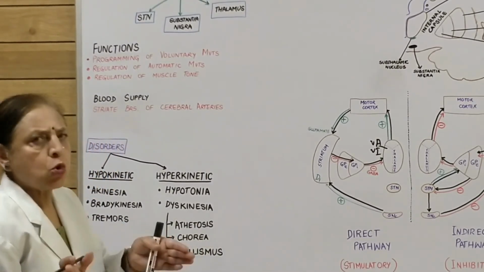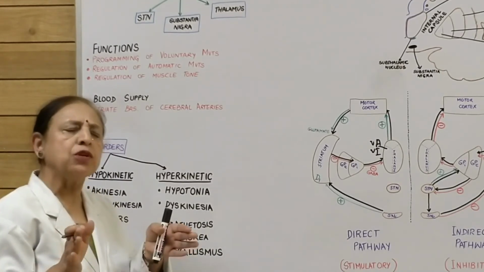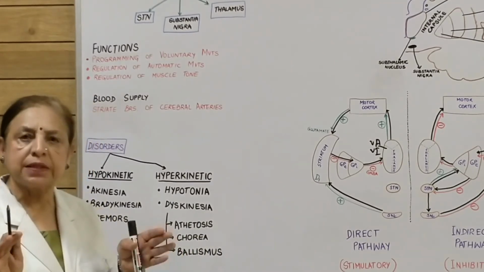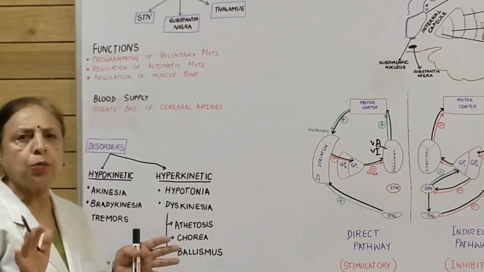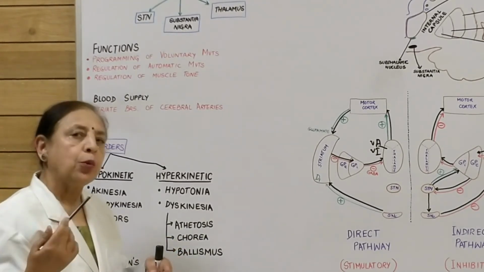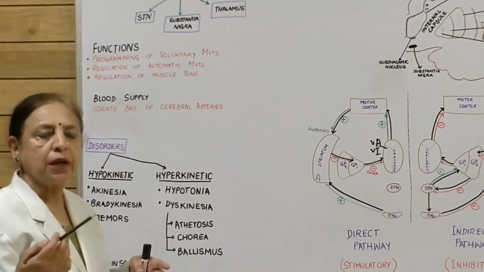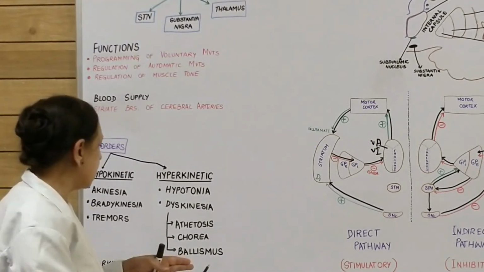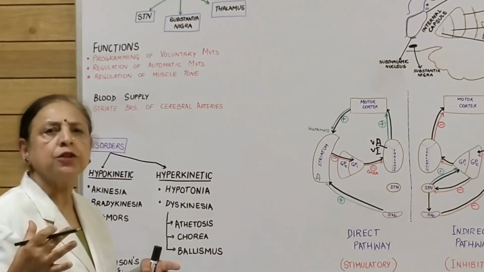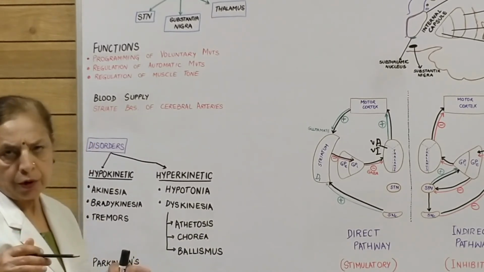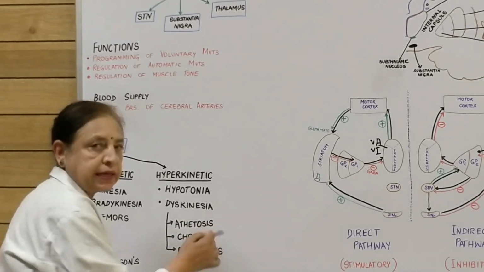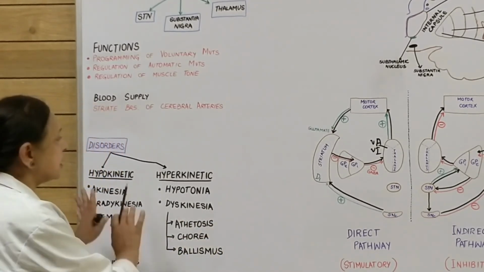Chorea, two things I am going to tell you. One which is going to manifest during childhood, following rheumatic fever. That is what is known as Sydenham's chorea, and these are going to be very jerky, flicking kind of movements. And one is Huntington's chorea, which is an autosomal disease manifesting in adult life, and that is because of multiplication of the Huntington protein on chromosome 4. So that will lead to a lot of apoptosis in the basal ganglia. Okay, so this is about the disorders.